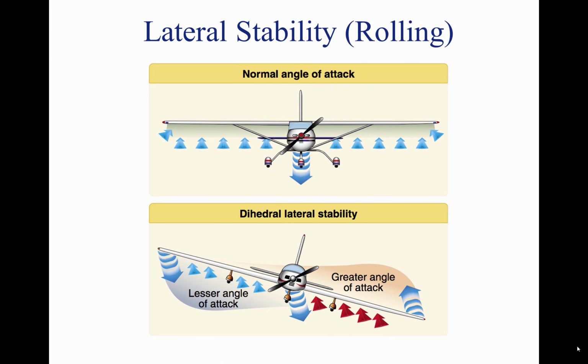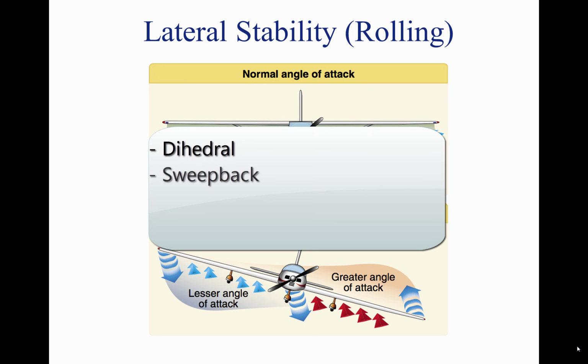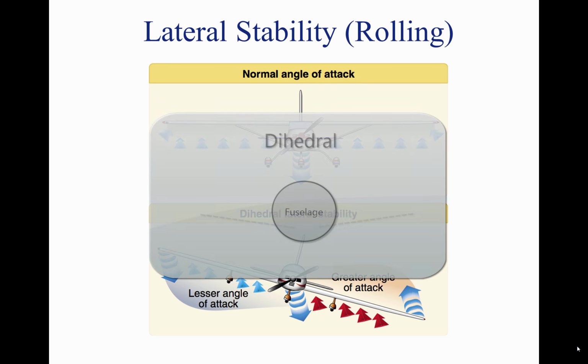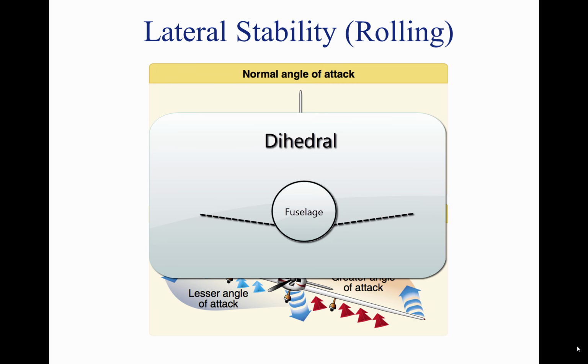Stability about the aircraft's longitudinal axis, which extends from the nose of the aircraft to its tail, is called lateral stability. There are four main design factors that make an aircraft laterally stable: dihedral, sweep back, keel effect, and weight distribution. A dihedral design is when the wings are connected to the fuselage a few degrees higher than from being